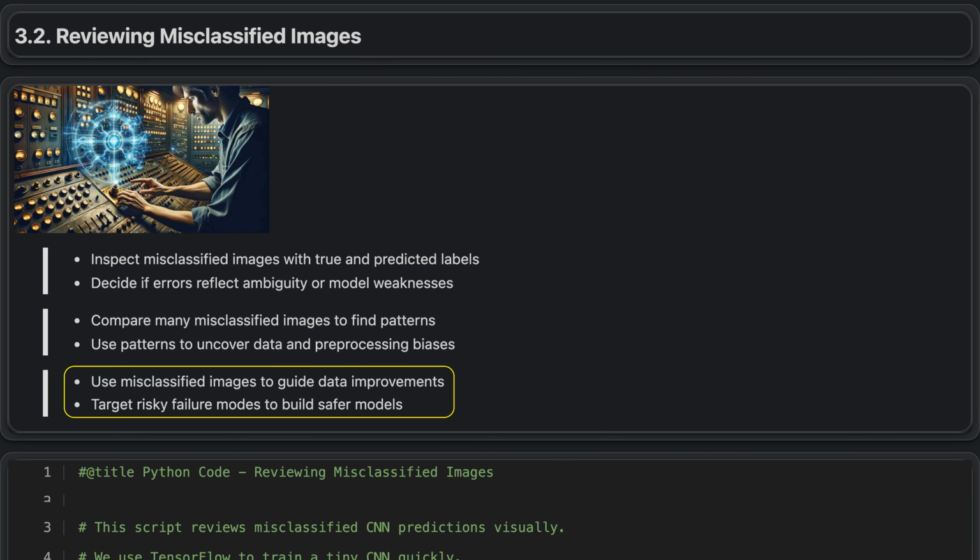Reviewing misclassified images helps you refine both your model and your dataset by revealing patterns in its mistakes. If many errors involve blurred or underexposed images, you can add more training data with those conditions. And if the model confuses similar classes, such as different bird species, you can collect more detailed or higher resolution